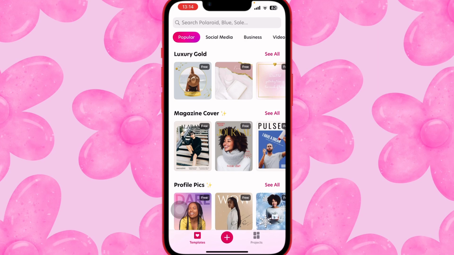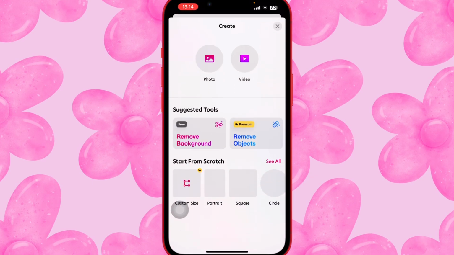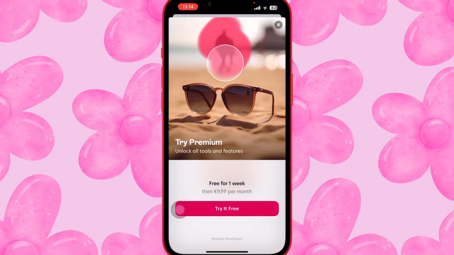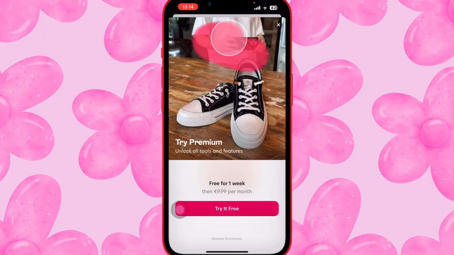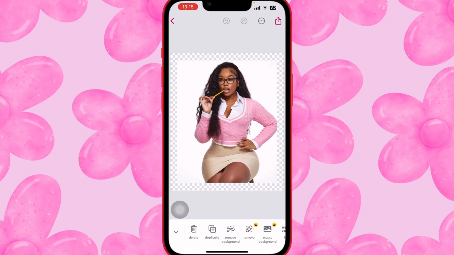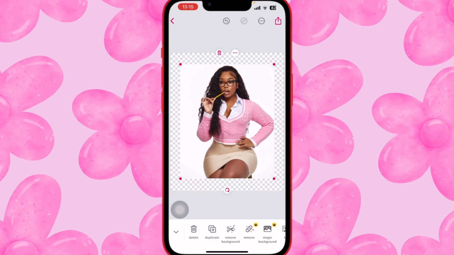Bazaart is B-A-Z-A-A-R-T, right? So we're gonna click on the plus sign in the middle here, click on photo, and I'm going to add the picture that I would like to erase the background from. Don't mind this, just click the X button above. We're gonna make this picture a little smaller like this, and as you guys can see, it already has a